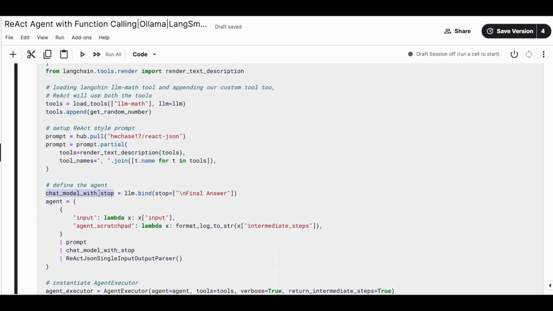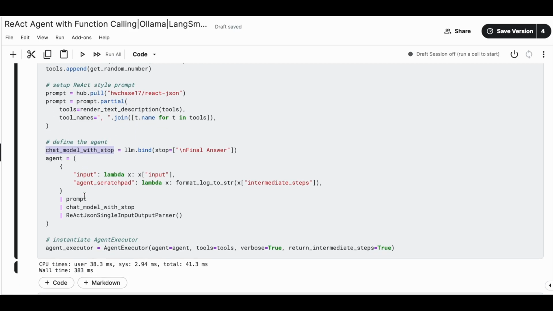So then I'm creating my chat model with the stop condition. I'm just calling llm.bind and saying, okay, if you find this final answer as a keyword, just stop my React agent, like you stop your processing. And then I'm creating my agent using LangChain expression syntax. First I'm passing the inputs, so the input I pass will be mapped to the input keyword, and the intermediate steps will be mapped to agent scratchpad. Then this will be passed to the prompt, and then the prompt output will be passed to the chat model with the stop, and then this model output will pass to the React JSON single input output parser, which will